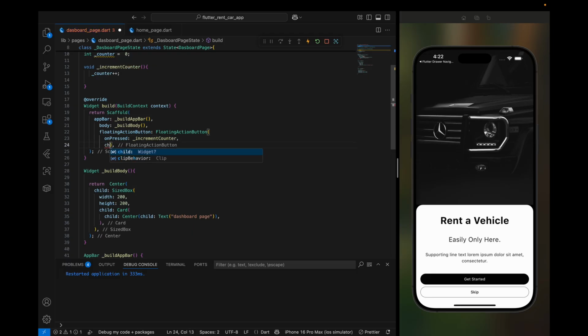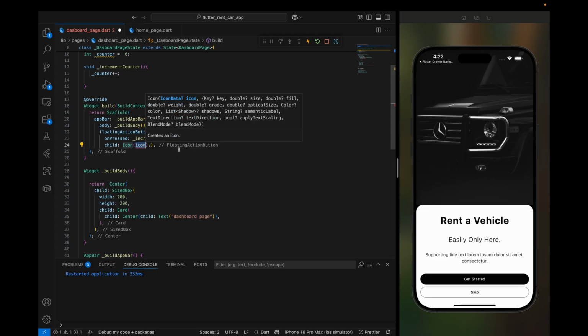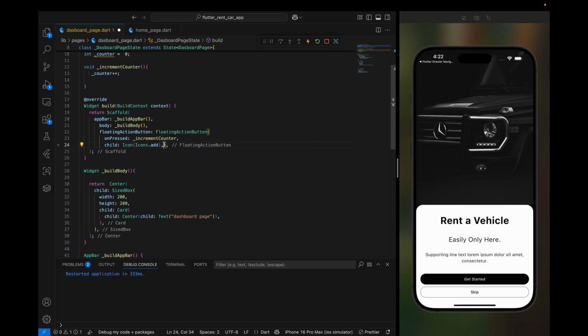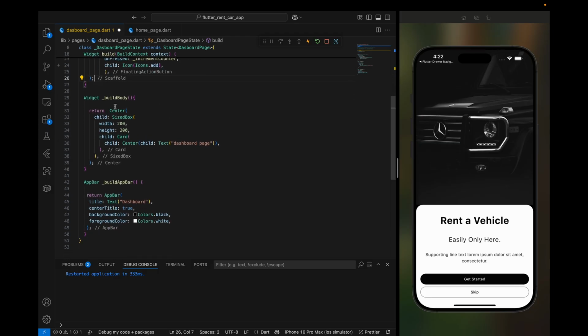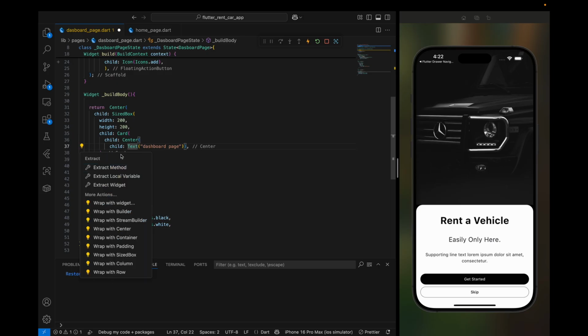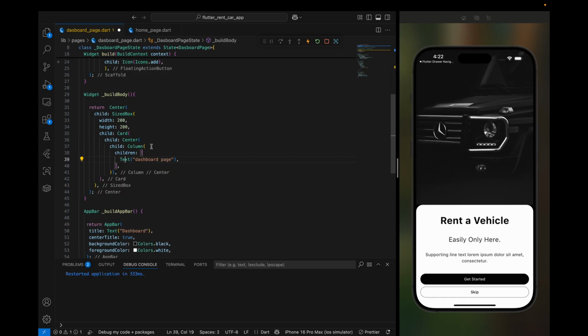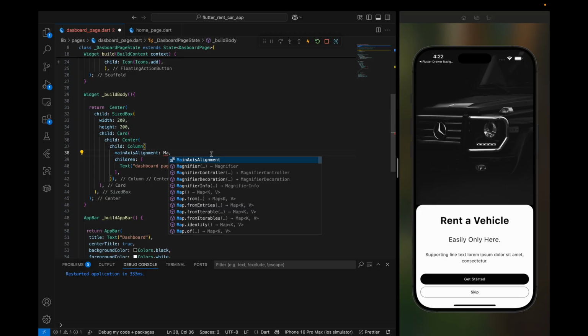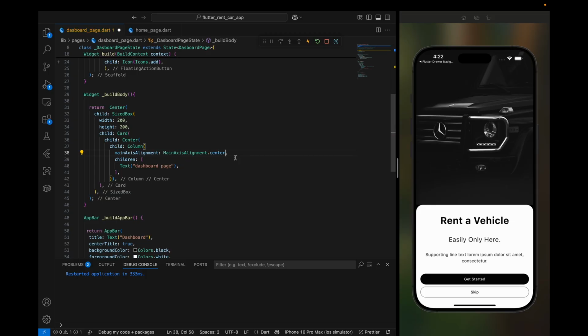And here for the child, I want to use an Icon widget, and let's call the Icons class dot and use the add icon right here. So now let's go inside of our method right here, buildBody, and let's change this layout right here. So right here I want to wrap this Text widget now with a Column widget, and then let's center it by using this property mainAxisAlignment. This will take the MainAxisAlignment.center,